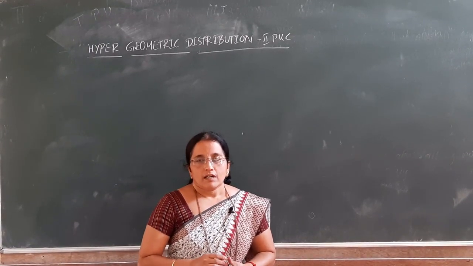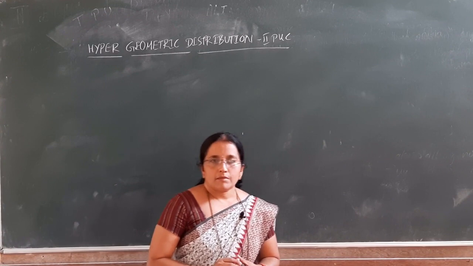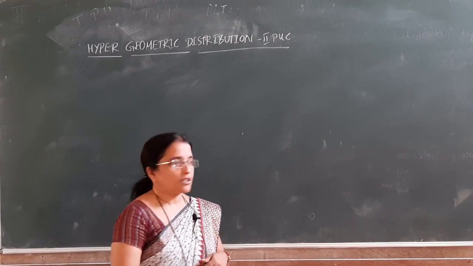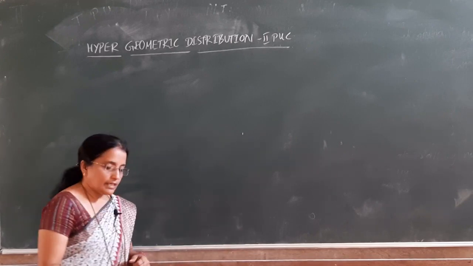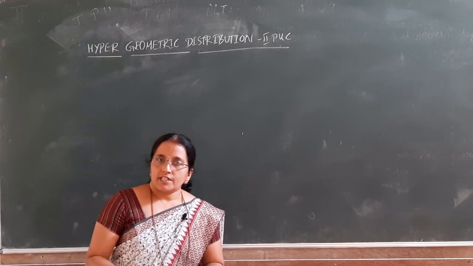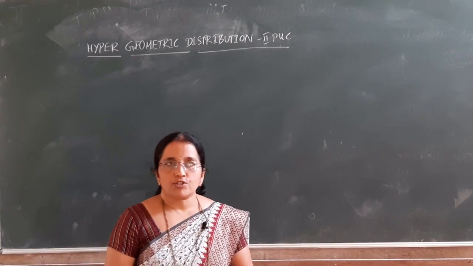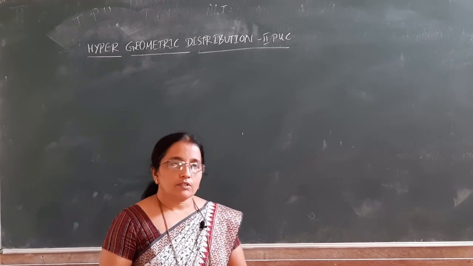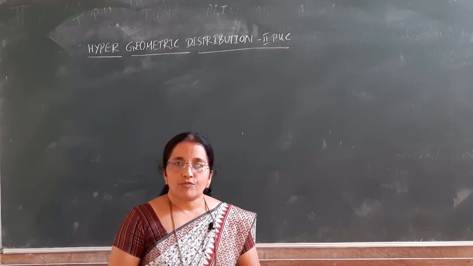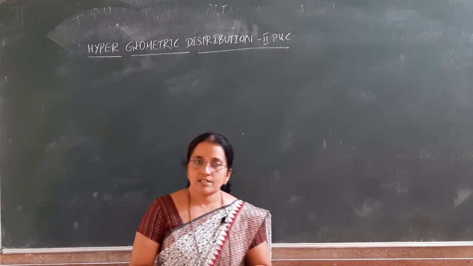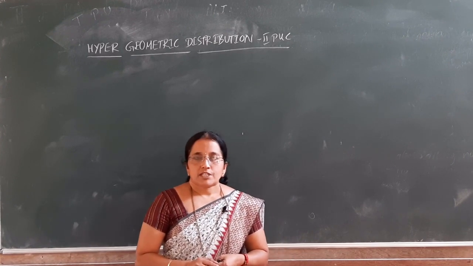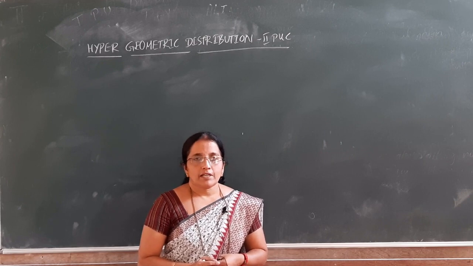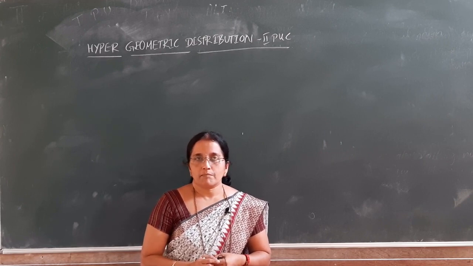Dear students, let us study some examples of a hypergeometric distribution. First, in the last class, we have studied the definition of hypergeometric distribution, range and features, etc. Now, how to write examples for hypergeometric variate? We studied that hypergeometric distribution is applicable if the sampling is done one after one without replacement.